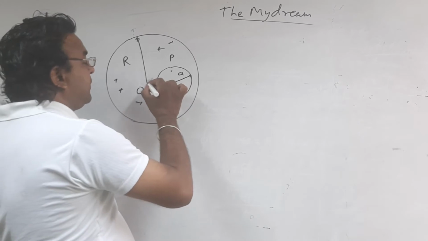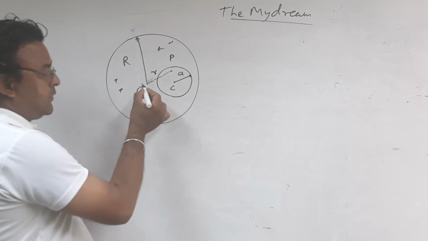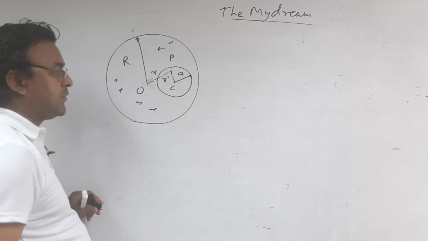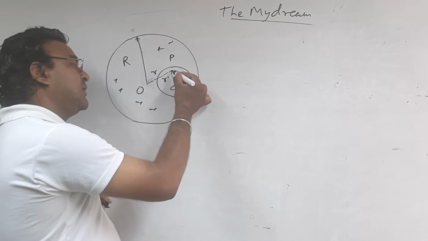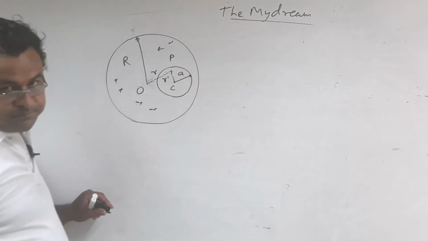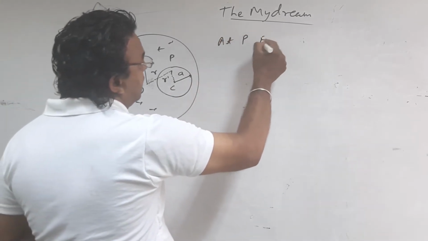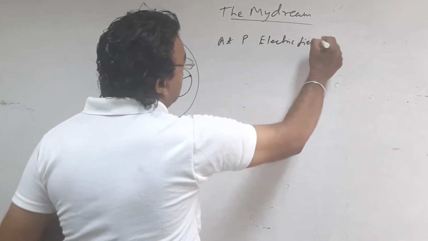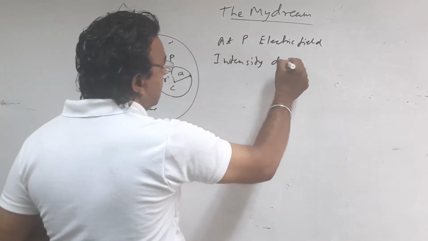Now suppose this point P is at some distance r from O and some distance r dash from C. So here our concern is to find electric field intensity at point P. So first of all, at P, electric field intensity due to